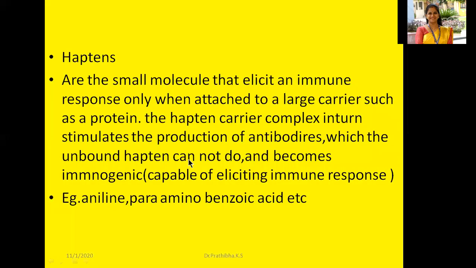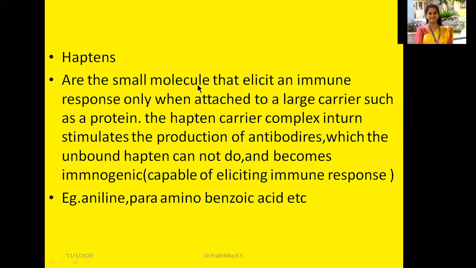So now let us understand what this hapten is. Kindly make a note. You may get this particular question for 2 marks. Haptens are small molecules that elicit an immune response only when attached to a larger carrier molecule, such as a protein. That may be a protein or carbohydrate, any other biomolecule. Haptens are small molecules. We will not say that it is a complete antigen because it has a low molecular weight. Because of the low molecular weight, they are unable to trigger the immune system for the production of the antibody. And let me repeat.